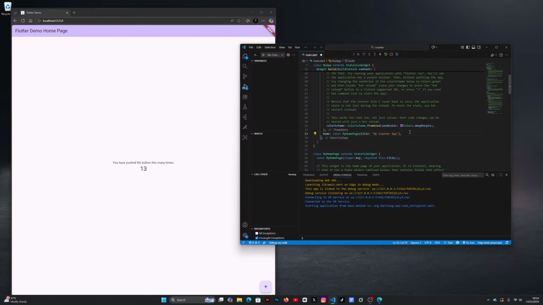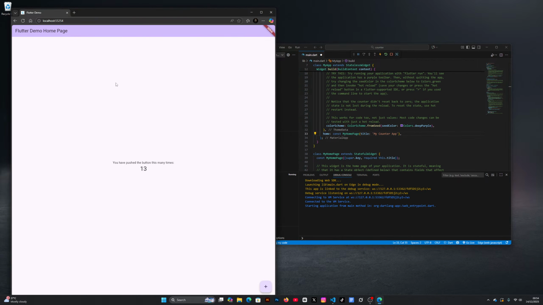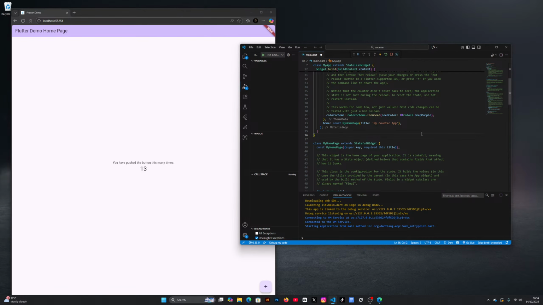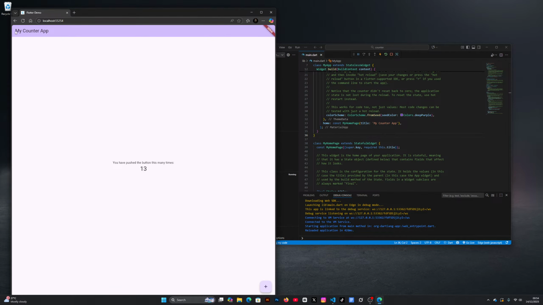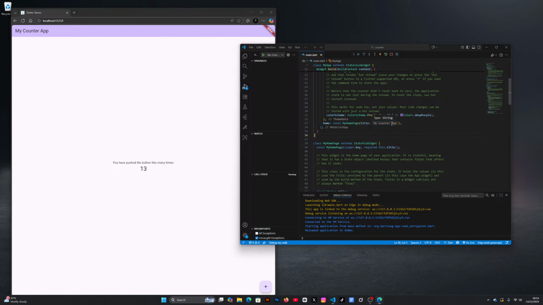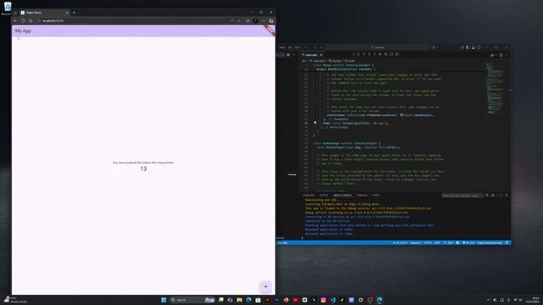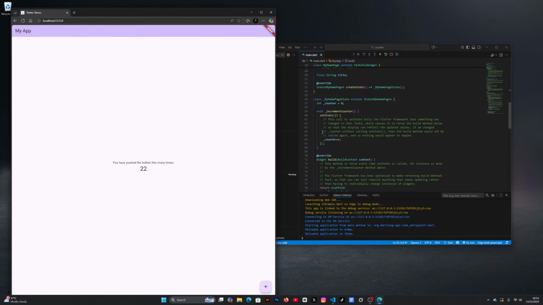And Flutter has a hot reload feature, so this code should automatically be updated. Save that, and then see right there, my counter app reflects. As soon as you save it, the hot reload feature just updates whatever changes you've made to show in the app. This is the logic that is running this particular button,